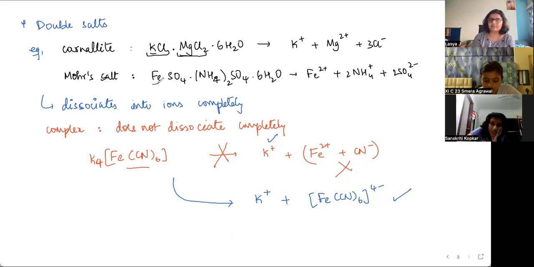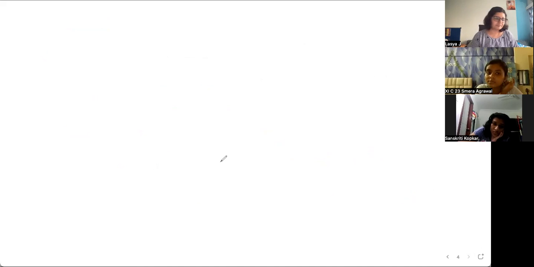In double salts, you may have 2 cations, but both of them are in ionic bond with the anions, which is not the case with coordinate compounds. There's no ionic bond between one of the metal atoms and the anion. This is a coordinate bond. Okay. All right. Now this is your basic introduction to coordinate complexes, coordinate compounds, also called complex compounds. Some terms that we'll be using with this is coordination entity.